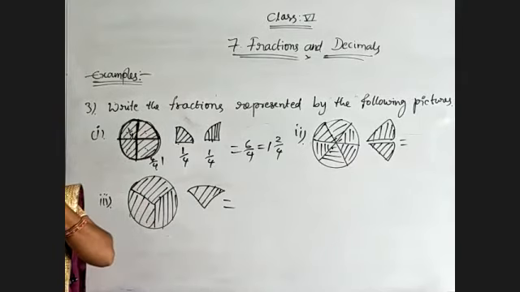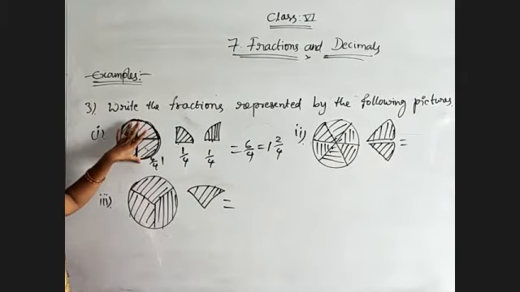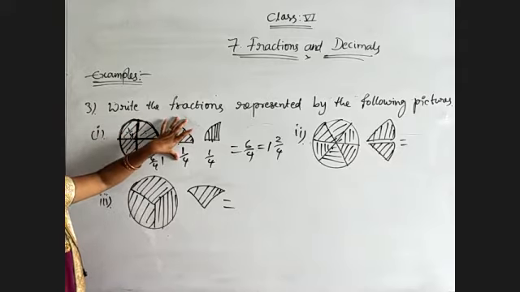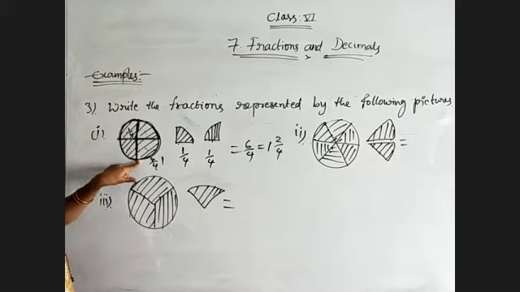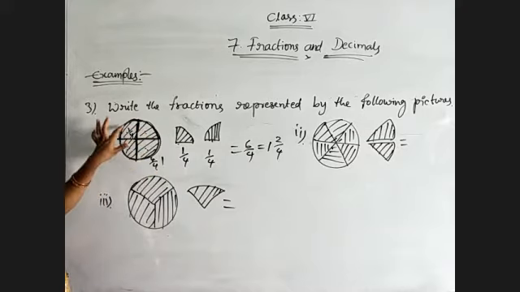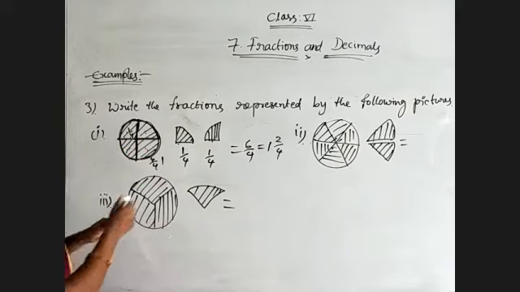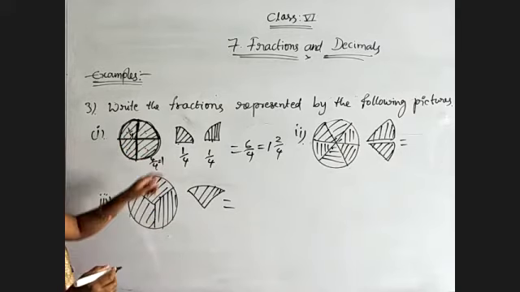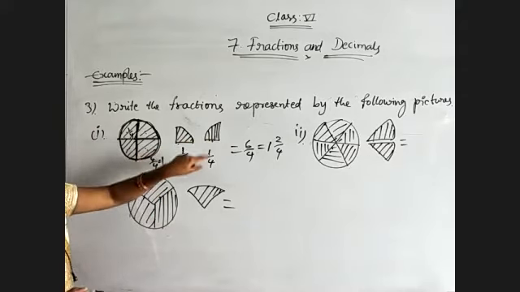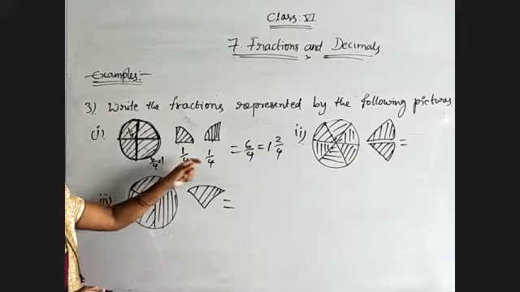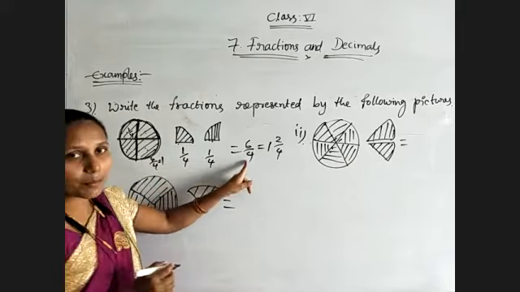Don't confuse, observe here, more than one whole picture is represented here. So it comes under improper fraction. And now observe, first whole is divided into 4 equal parts, means denominator is 4. And so one whole completely used, 1, 2, 3, 4 parts are shaded. 4 by 4 is equal to 1. Okay. And this is 1/4 and another 1/4. Total 4 plus 1, 5 plus 1, 6. 6/4 are there. So 6 by 4 is improper fraction.